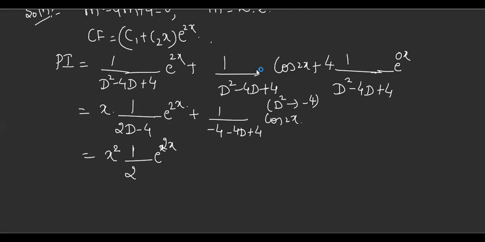1 upon minus 4d into cos. These two will get cancelled, right? So remaining is minus 1 by 4. So how I'll write, just see. Minus 1 by 4, remaining is 1 by d. What is 1 by d operating on cos 2x? Integration of cos 2x. Very good. Hope clear. If not comfortable, multiply and divide by d. That is lengthy because of replacement as well as differentiation. This is easy because it is one step of integration. So I prefer this.